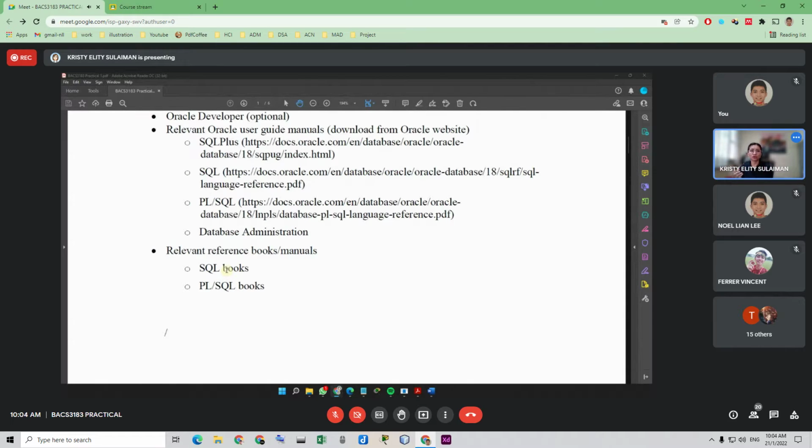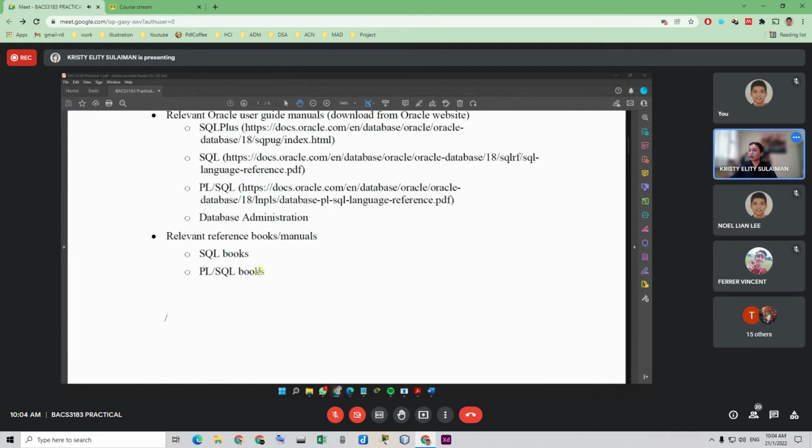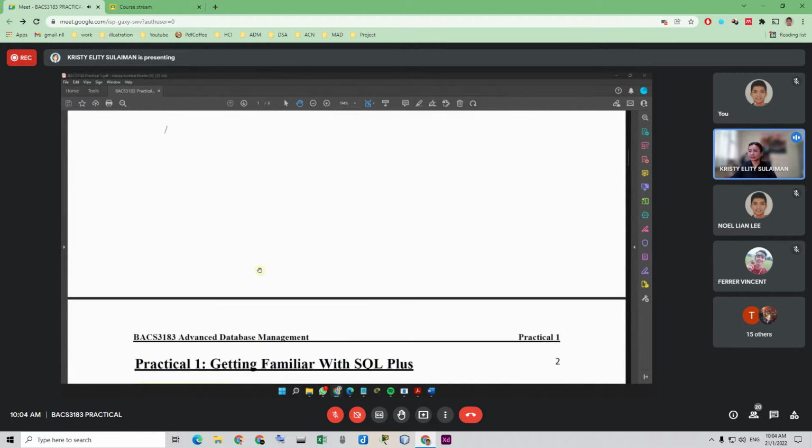So there are a lot of information about SQL on the net. You can refer to the Oracle website, or if you prefer, you can also refer to other websites. Sometimes you might prefer to read from other websites which is more understandable to you. Maybe Oracle website is too much information. Up to you, whichever you feel comfortable, as long as you get the answer you are looking for. Okay, and then let's go to the next one.